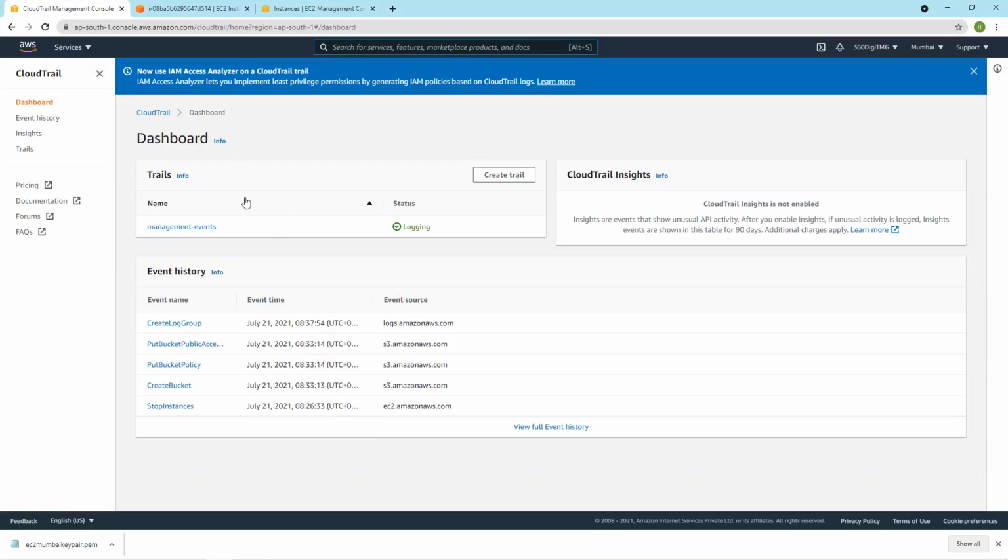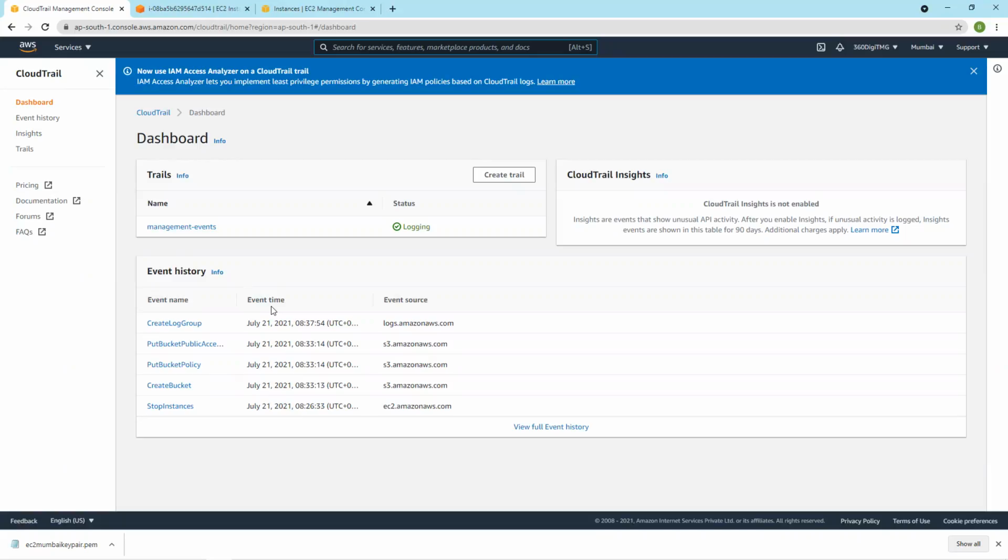There is no feature like that in CloudTrail. CloudTrail only logs your operations, logs the events that are happening in AWS. Its job is just that. If you create a CloudTrail group, it will also create one S3 bucket and save the logs there.